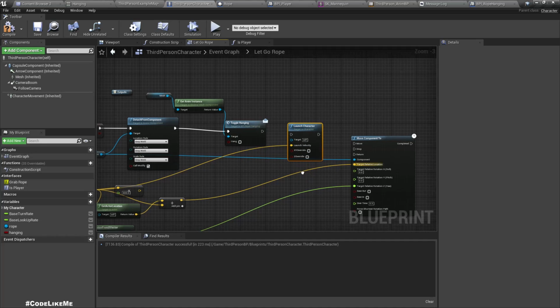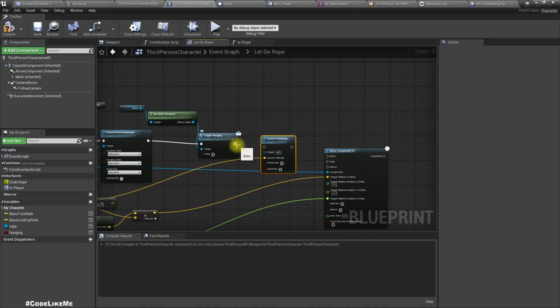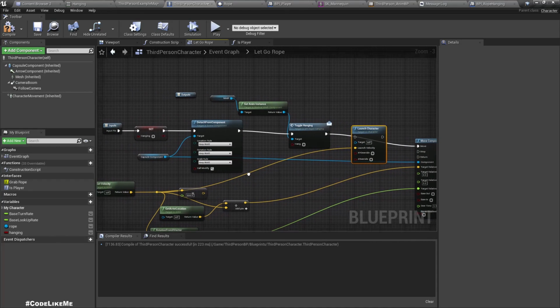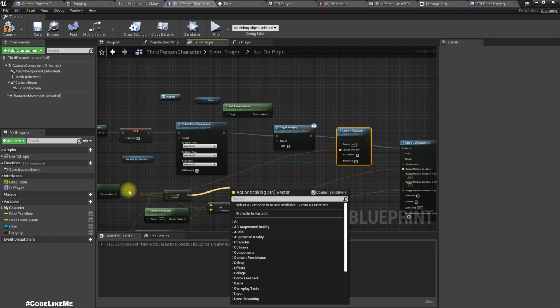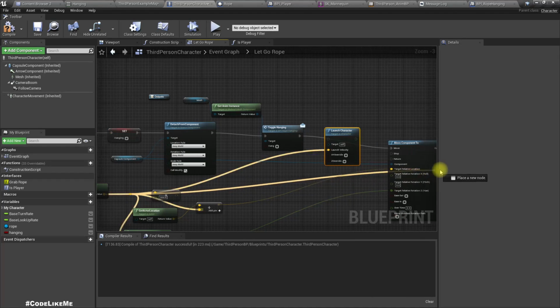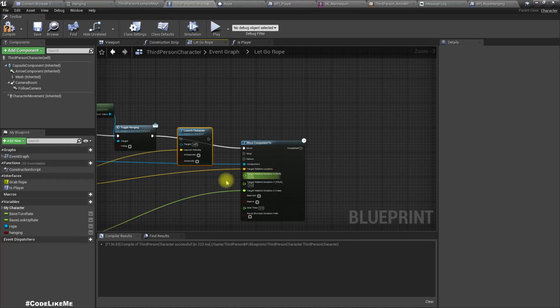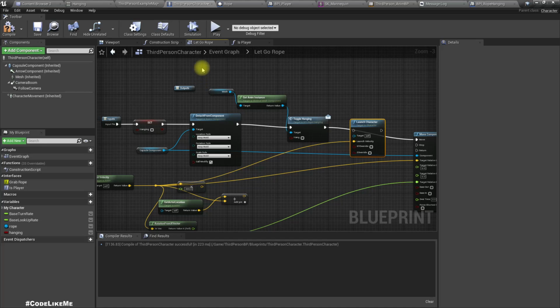So I'm not sure, it looks like that's what's happening. So I reconnect this one again here, and no, let's use this one, and then